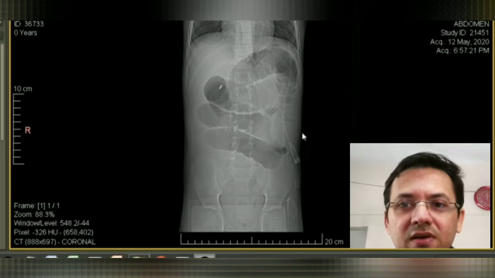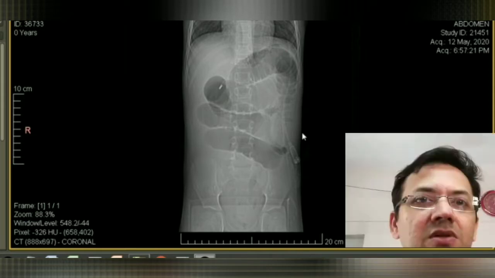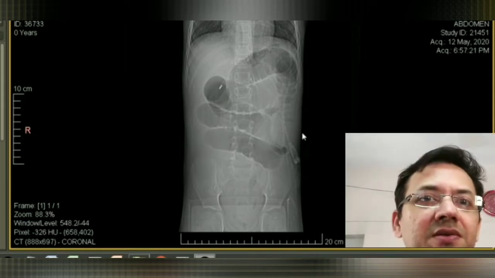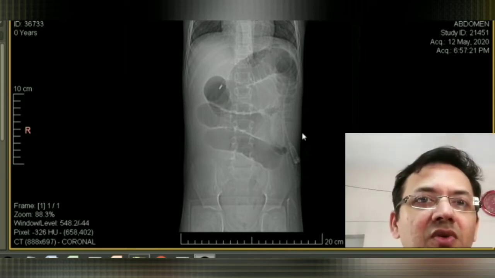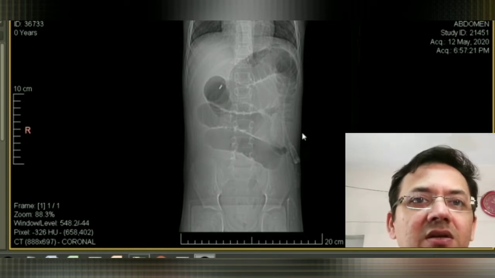I present a case of a 10-year-old male patient who presented with a distended abdomen and clinical signs of intestinal obstruction. So we have done a CT scan here. We will study the case. This is the topo view, that is the AP view of the abdomen X-ray, where we can see multiple gas-filled dilated small bowel